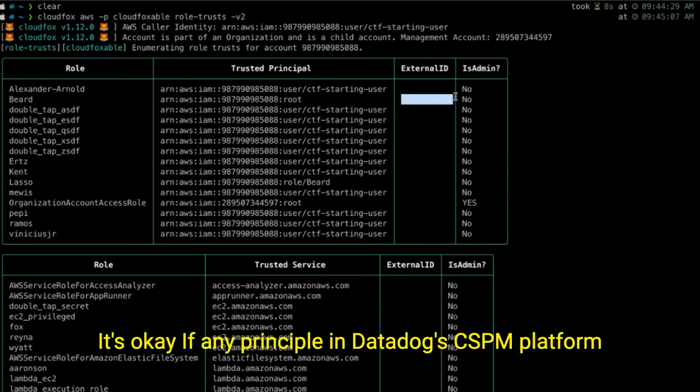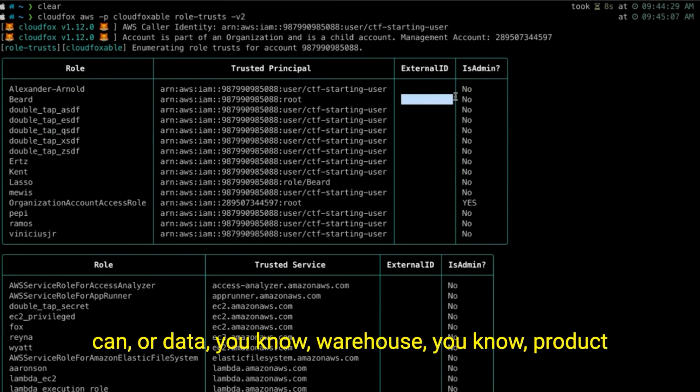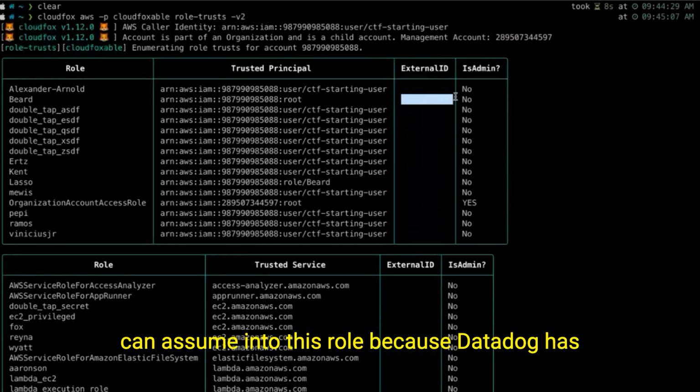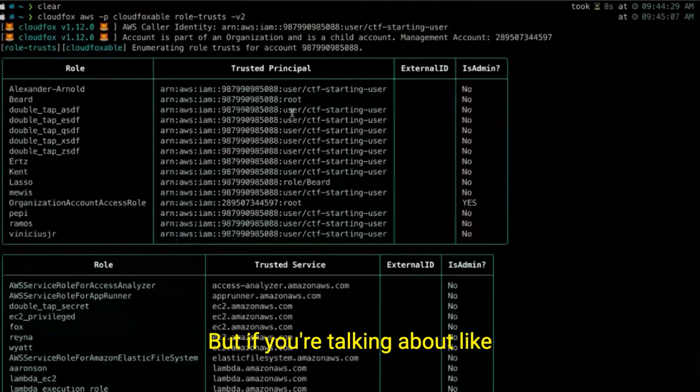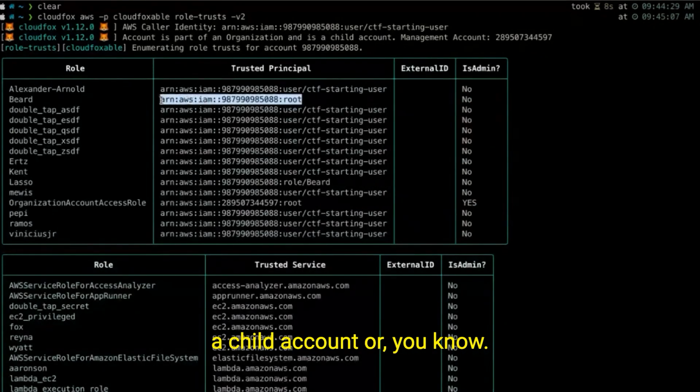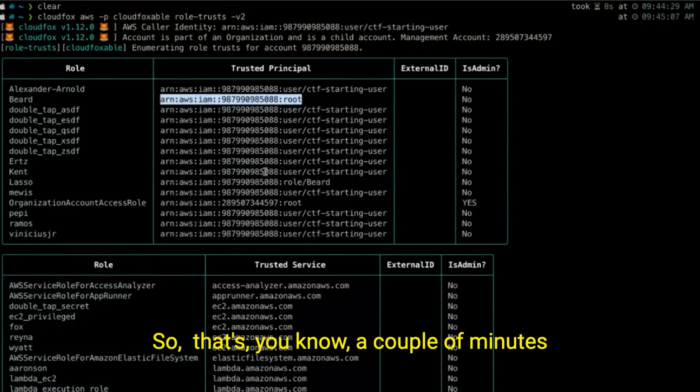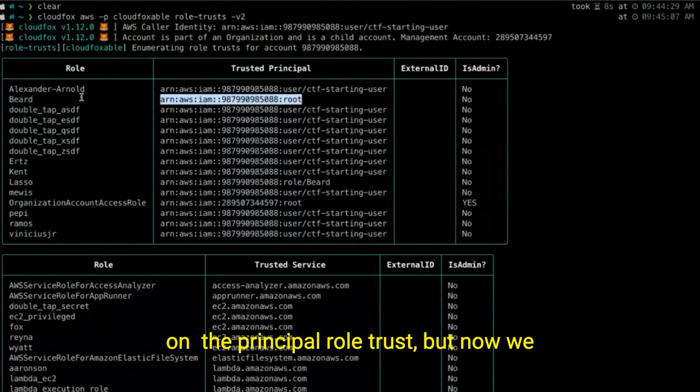It's okay if any principal in Datadog's CSPM platform or data warehouse product can assume into this role, because Datadog has this external ID that only you and Datadog have. But if you're talking about a child account or your own organization, that's what we're concerned about here. So that's a couple of minutes on the principal role trust, but now we get to the trusted